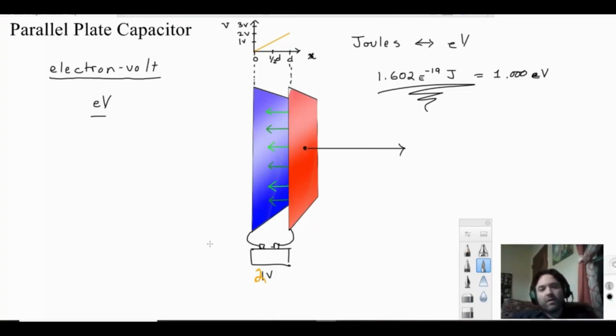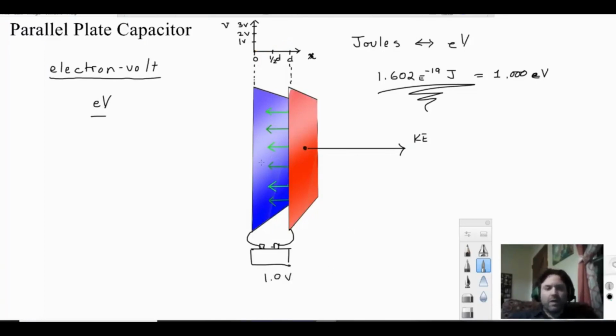So we might decide we want to know what that velocity is, or we could say velocity is a little bit of a sloppy term for us when we're dealing with energetics, so why not just call it kinetic energy? I mean, we all know what the mass of an electron is anyway. So what kinetic energy is going to come out of that hole? What electron is going to come out with what kinetic energy? We get to put whatever voltage we want on here, so let's go ahead and just put 1 volt and